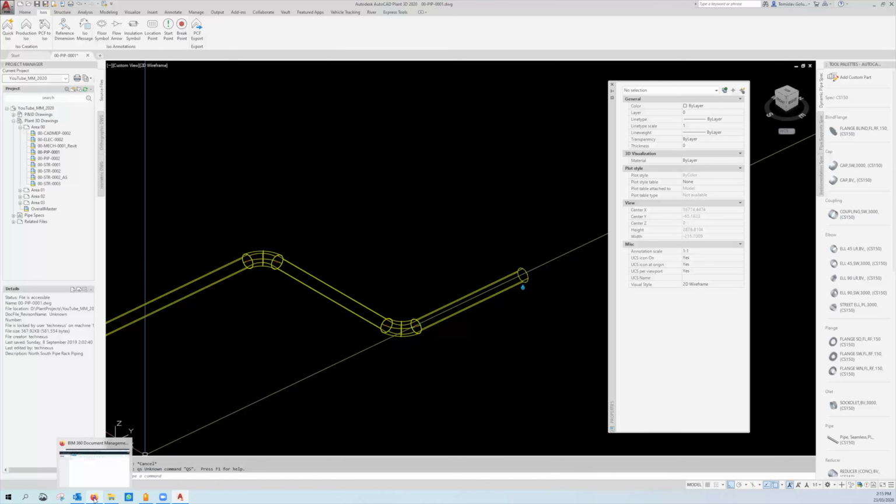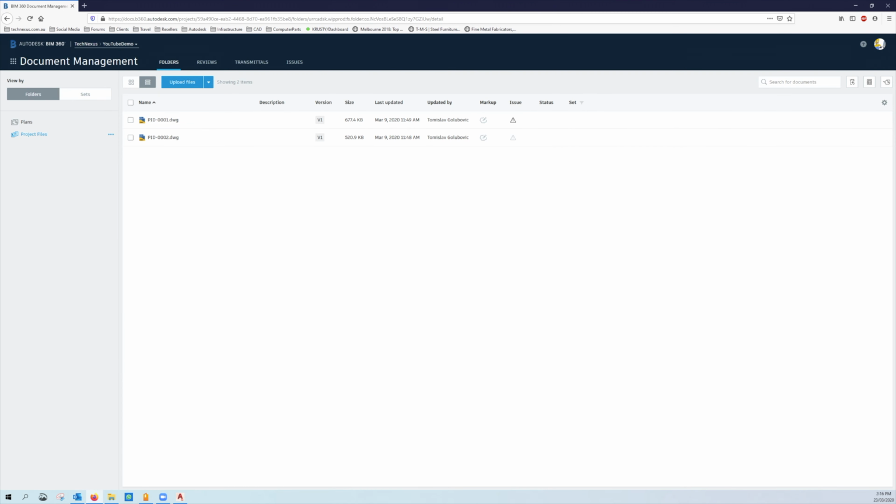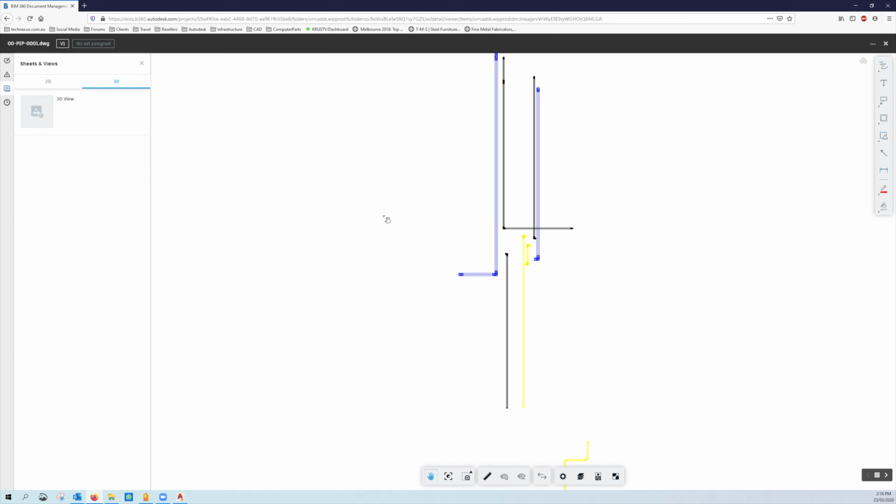And then what I'm going to do is switch over to BIM 360, and I'm just going to do a drag and drop of that 3D piping file. So we're just going to wait for it to process. So it's uploaded. It's processing, and what should happen, you should see it appear here in this list quite soon, and then it is going to do its thing in the background. Looks like it's finished. So if I click on PIP 001 0001 and I go to my 3D view,